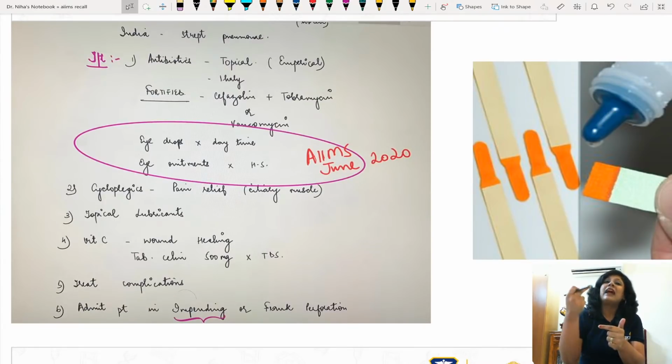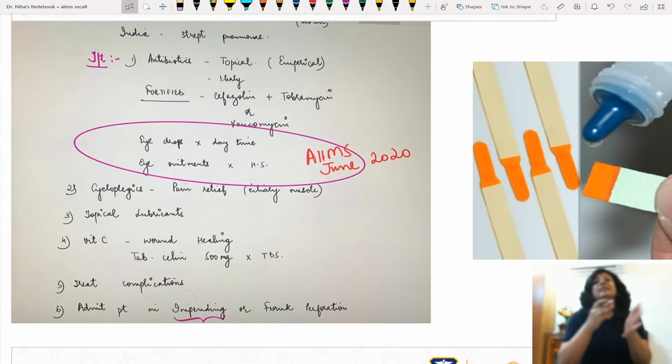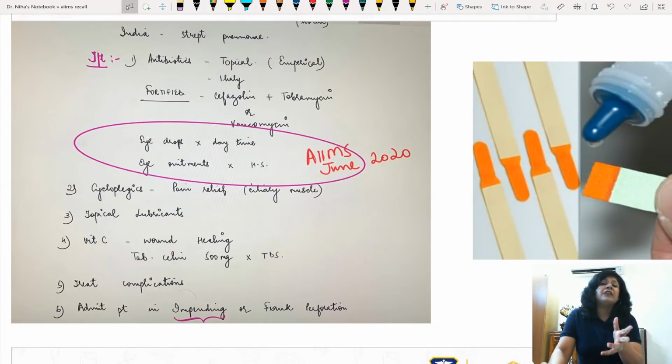Then that sample will again take 24, 48 or 72 hours, and that means I am stopping the drugs for a great amount of time. 48 hours here, 48 hours here. This is the minimum, I am telling you. So for 3-4 days I am stopping treatment in a patient who was already having a large ulcer. So that is not done.